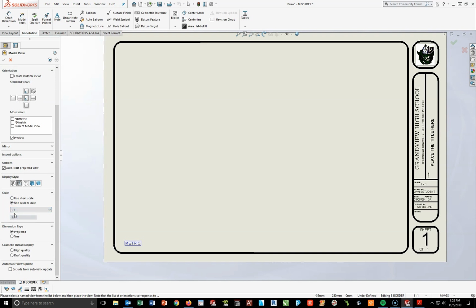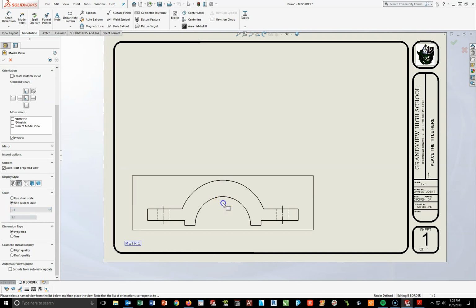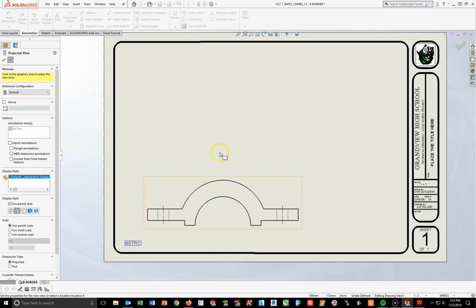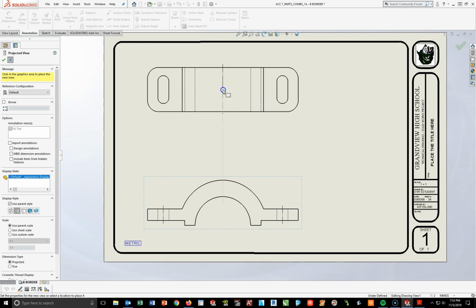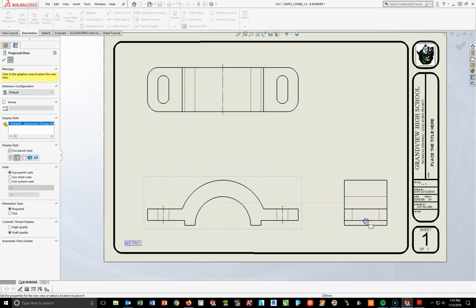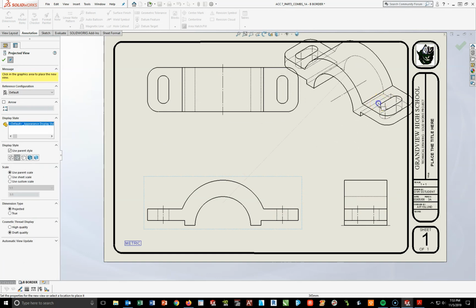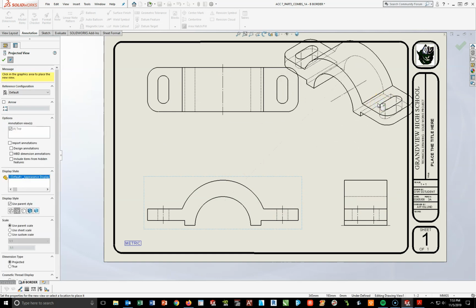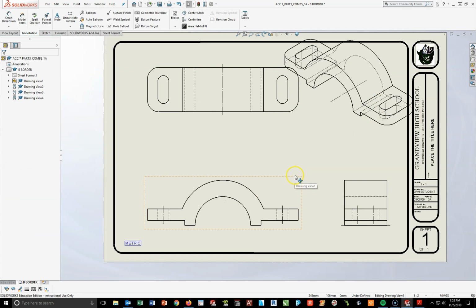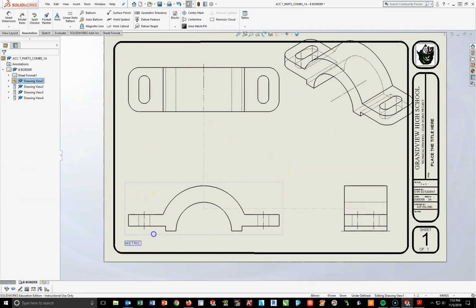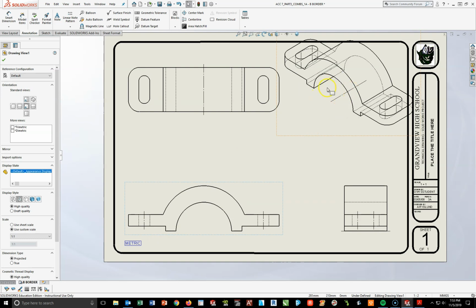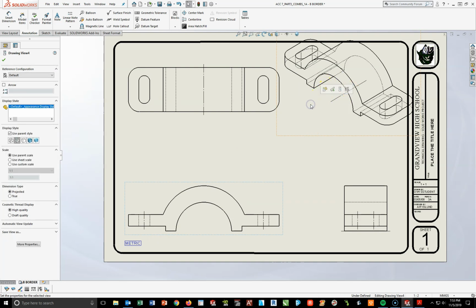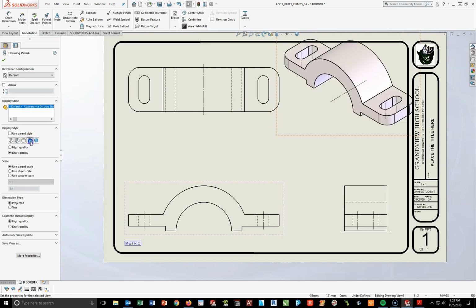I'm going to click in this lower left-hand corner, left click. Pull up, left click, pull to your right, left click, and pull it in isometric, left click. Hit escape to stop that. And at this point, I'm just going to take these and kind of slide them over to the left a little bit. And then I'm going to come back up to this view, left click inside the box, add color,